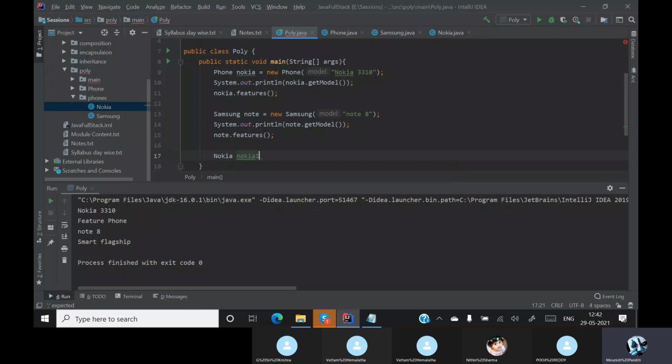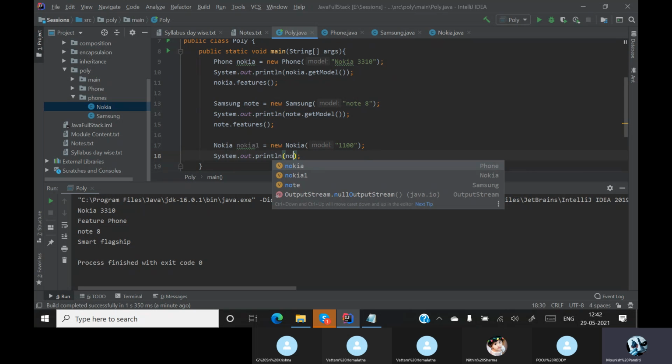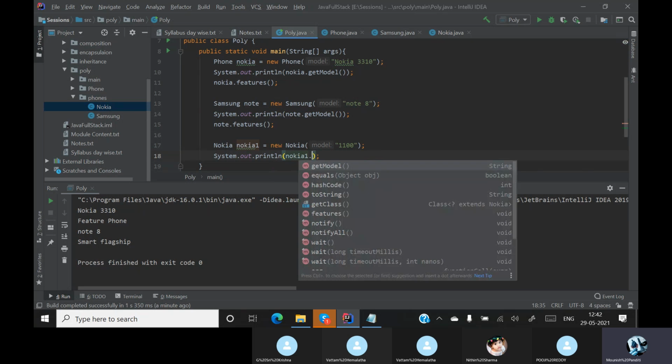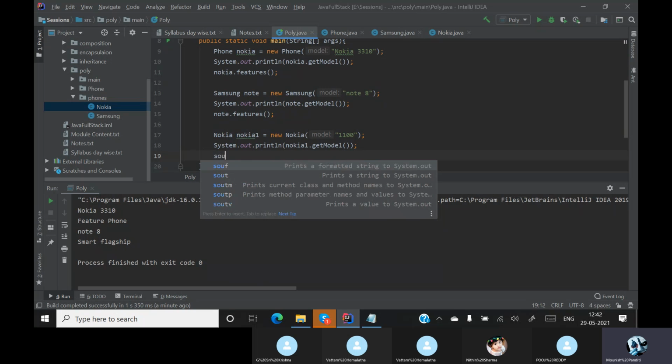Okay. Now I'm creating a Nokia 1, new Nokia, where the model is 1100. My favorite phone, 1100. I'm printing out Nokia 1 dot get model. It will obviously print it because it is inherited.